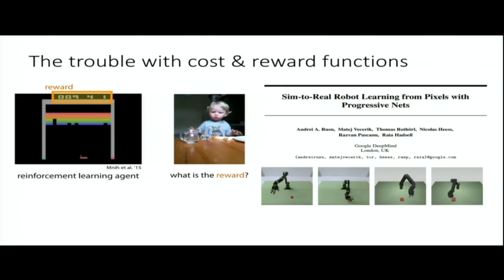But in simulation, these are simulated images, they can localize this little red block that the robot needs to reach for just computationally because they know where it is in sim. But in the real world, they found that we don't actually know exactly where this thing is. So let's code up a computer vision system to localize the red square. But then the trouble is, you say, okay, you're learning from pixels, but then you need to actually detect the thing just so that you can supervise the system so that it can learn to detect the thing. So that gets a little paradoxical.